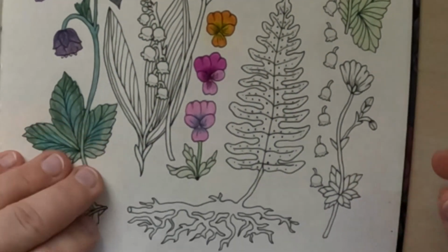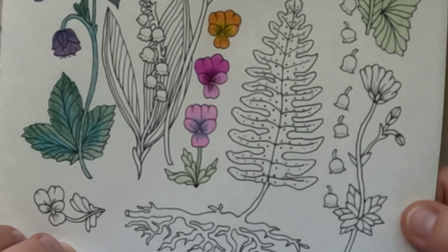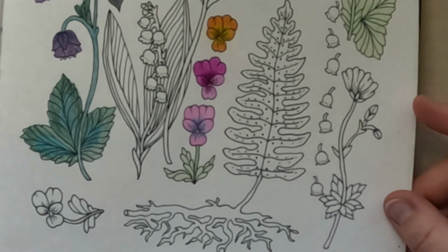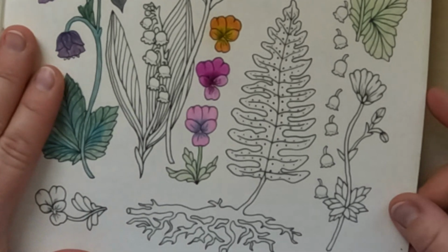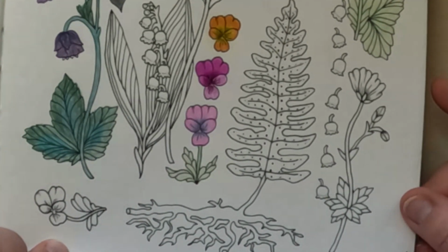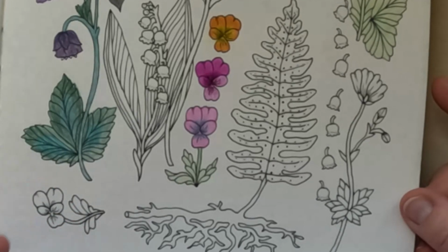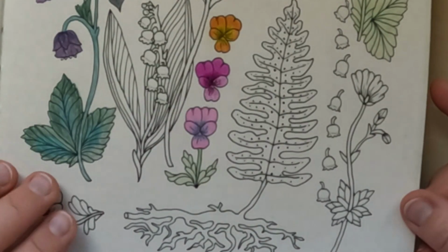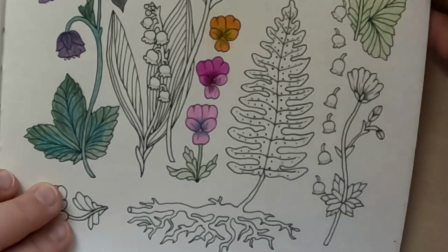This paper in this book is more coarse, a bit more coarse than the paper in Johanna Basford's books, and it also has a different tone. It's not as white as her paper. The paper in her books is very white, but the paper in Maria Trolle's book has a sort of yellowish tone. In Danish it would be called råhvid, like some sort of a raw white. I think it's more creamy because I don't think that it has this grayish tone that you see in raw white. It is more of a little yellow tone, so I would say it's a bit more creamy